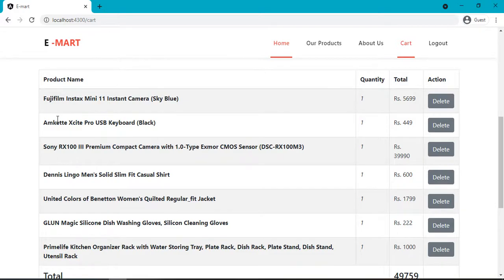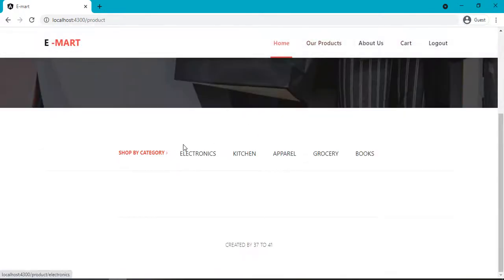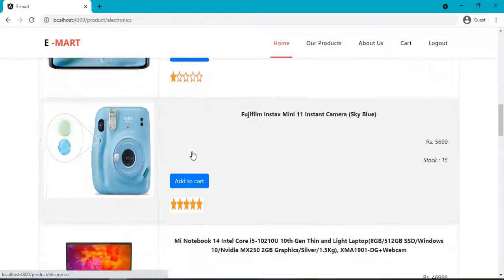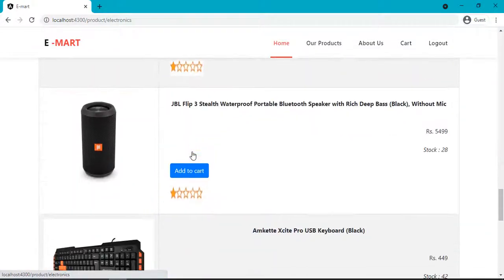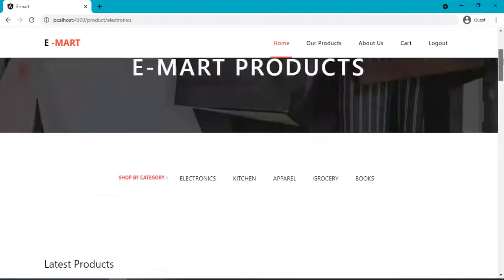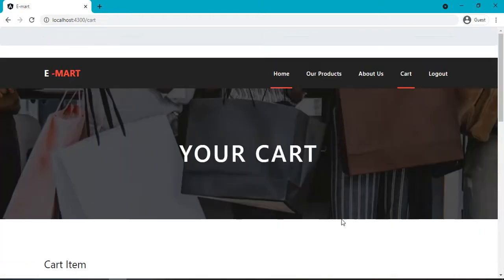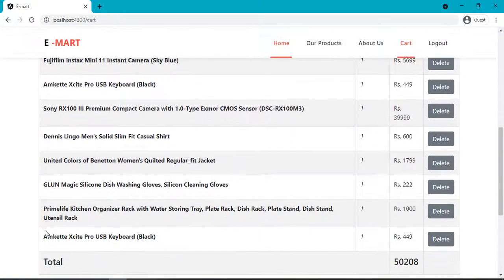keyboard. I will add keyboard again in the electronics department. I go into electronics and I will find the keyboard, and I will add it. It's added into the cart. Now I will see, yeah, it's again entered here with the same details. In the database it has a different object ID, so it's fetched differently and shown here, so it doesn't make any difference to the user, just feedback that it is appearing twice, or the number of times I add it to the cart.